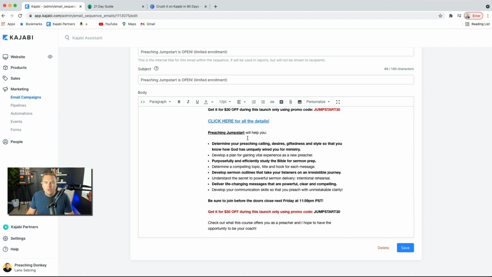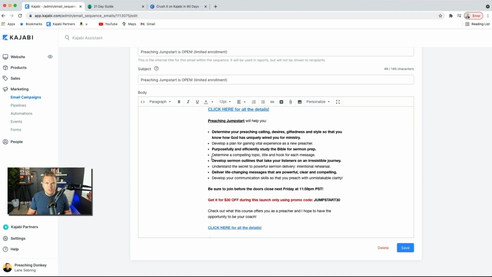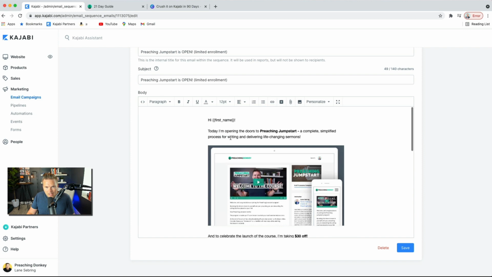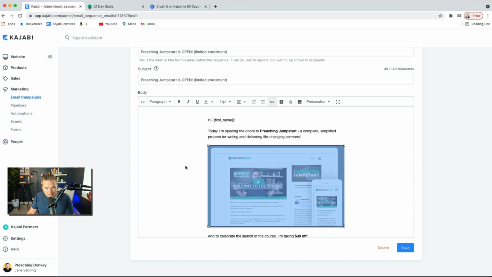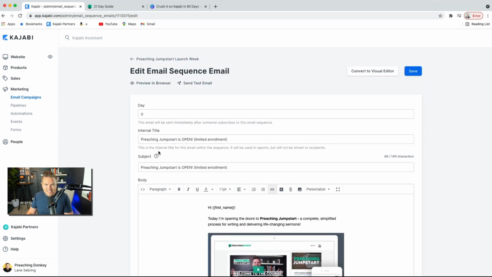So in here, I pull some things directly from the sales page. And this is an easy way to do launch emails. As you spend all this time putting together sales copy on your sales page, you might as well borrow that same language for the emails and direct everything to the sales page. So this button right here, and I think if you click on this, all of those take you to the sales page. So that's day 0, meaning that as soon as I turn this sequence on, it's the first thing that goes out, and it goes out right away to my